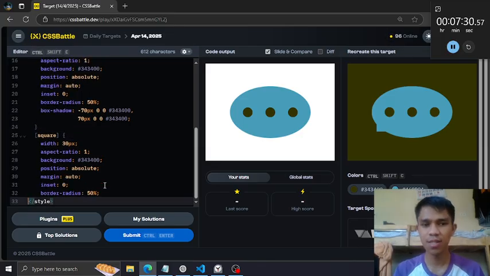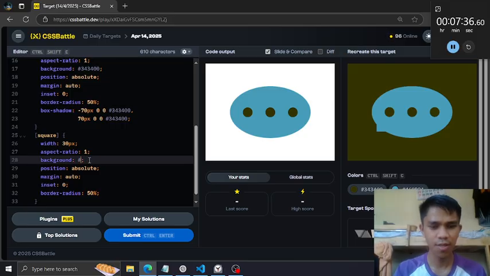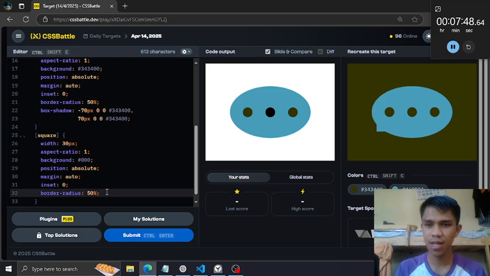We only need one square, and for now, let's change the color to black so that we won't be confused. Okay, now we have a black circle in the middle. Remove the border radius, because we are aiming for a square, not a circle.